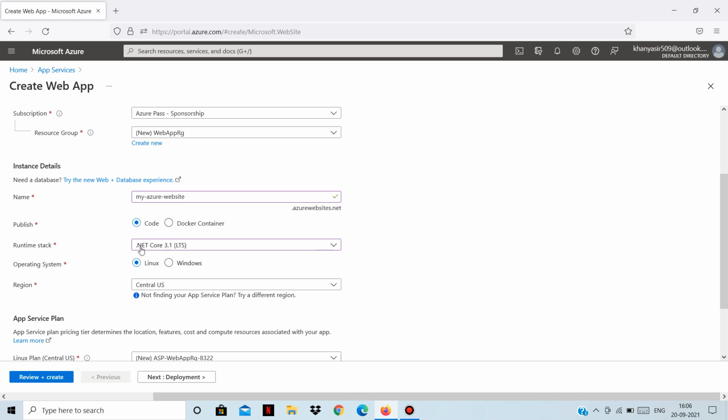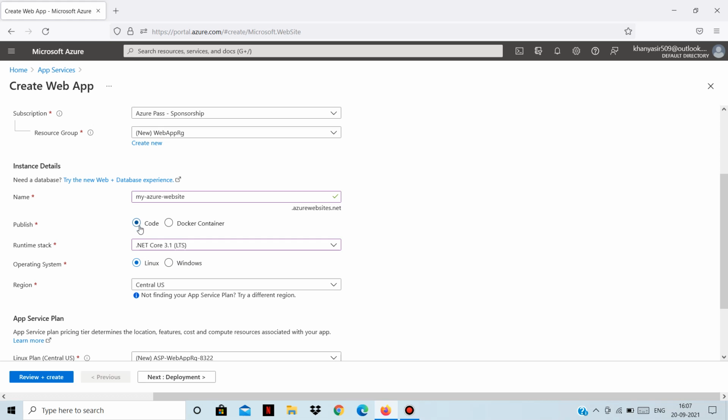Suppose you have written your application in .NET, now you need to choose which operating system you need. Select the operating system you developed your application in locally, meaning you use the Windows operating system to develop your .NET application, or you use the Linux operating system. So choose based on which you use to develop or test your application locally.